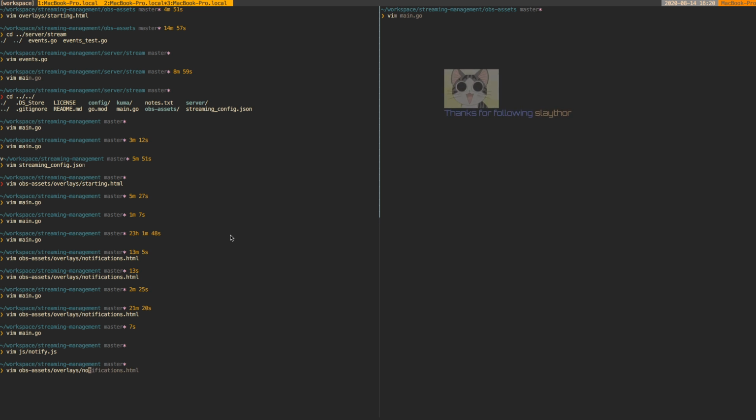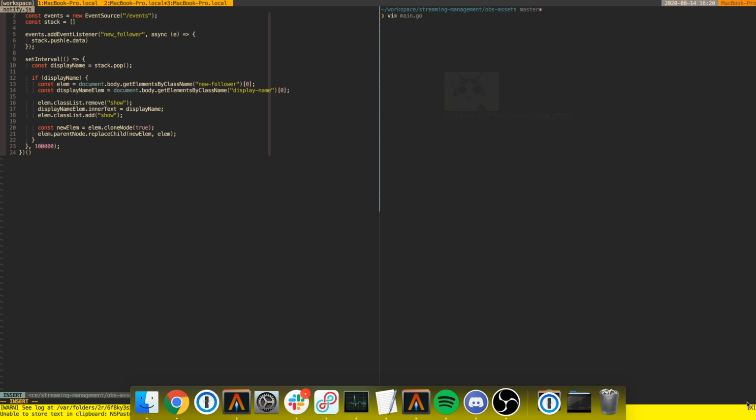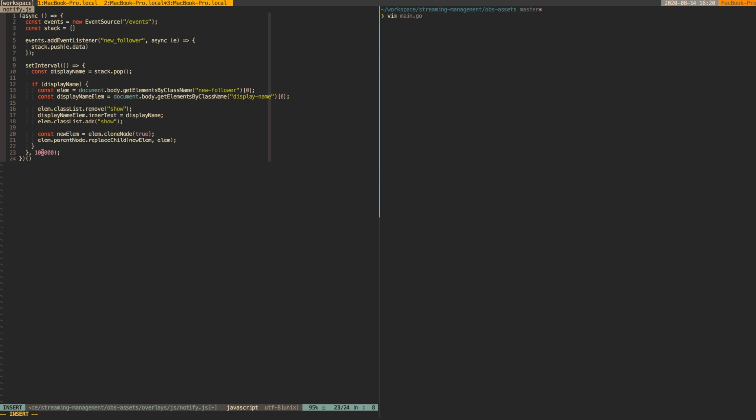So the goal here is that we will have two things. So the event server is gonna send the event to the client, but then we're gonna wait until the animation finishes playing. The animation takes every 10 seconds. So I want to make sure that this is right. Because if we get that correct, we're able to